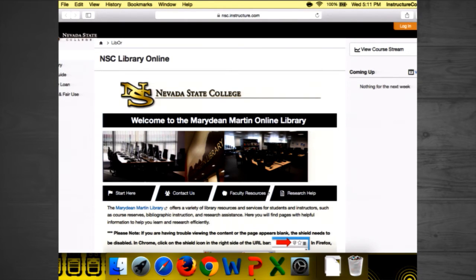And then usually some generic images there with buttons that follow right beneath. Those images right now, I didn't want to include images from our old library since we're moving into the new library, but I don't have any images of the new library yet. But we've added that visual appeal there. And then the buttons. All the buttons are different based on the class, but those 4 areas I thought were important: the Start Here, the Contact Us, Faculty Resources, and Research Help.